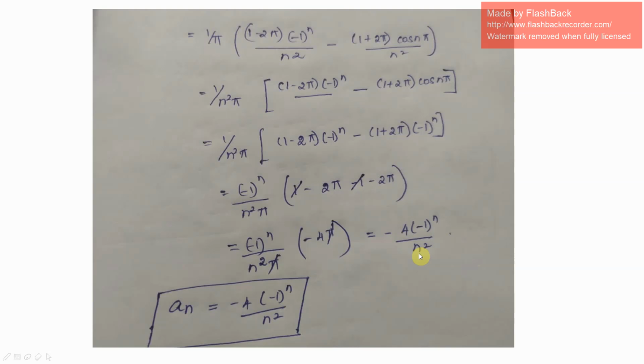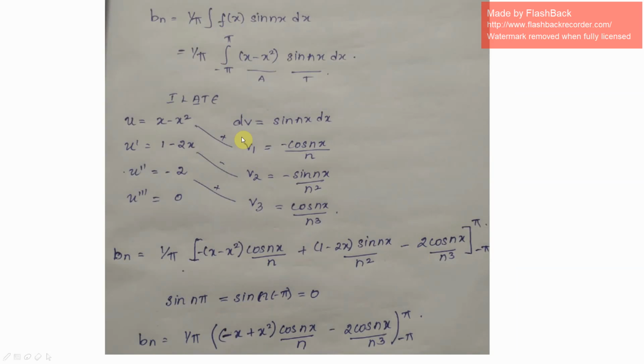So we have finished with an. Still our problem is not yet over. We have to find what is bn. The same procedure whatever we did for an, we will do it for bn also. So the formula for finding our bn is 1 by pi integral of f of x sin nx dx. So here in this problem again, our f of x is nothing but x minus x squared. So we get bn as 1 by pi integral from minus pi to pi of x minus x squared sin nx dx. Again, you see it is a product of two functions. One is an algebraic term and one is a trigonometric term. And in ILATE, the algebraic term stands for